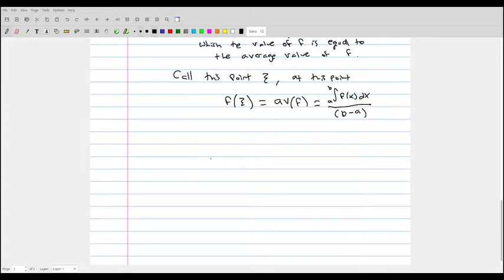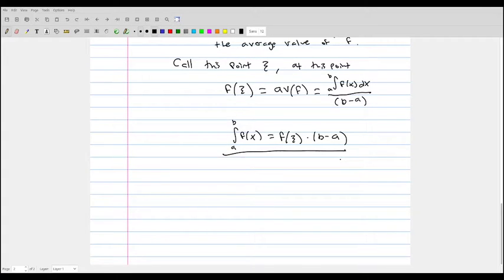We can rewrite this a little bit by saying this is the same equation as saying that at this point, the integral of the function from a to b is equal to f of xi, which is that special point, times b minus a. Okay, so this is guaranteed for us that there exists some point xi that satisfies this equation. Going through and solving for xi sometimes is a tricky procedure, but we're guaranteed the existence of this point from